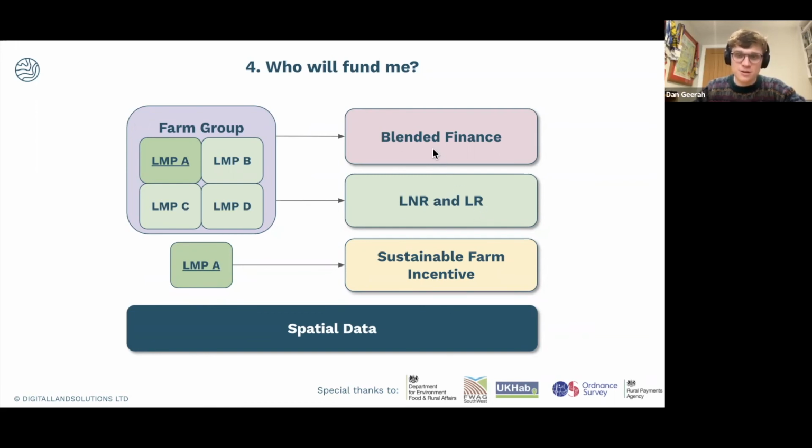Or, as we've mentioned quite a few times during this module, your carbon, your offsetting, your biodiversity, your blended finance pieces, your flood mitigation. So what we really want to do is empower people to make a great land management plan, one that underpins all these different funding mechanisms you may have, to hopefully move into a more